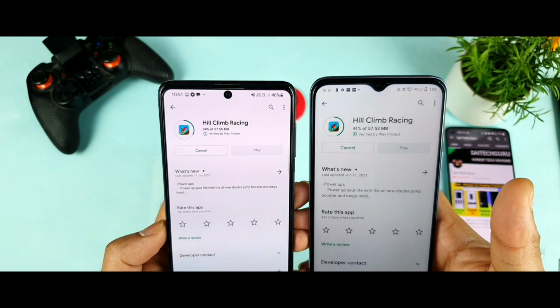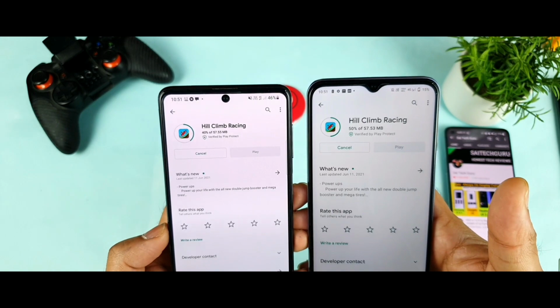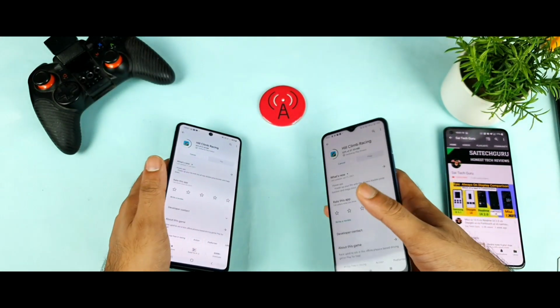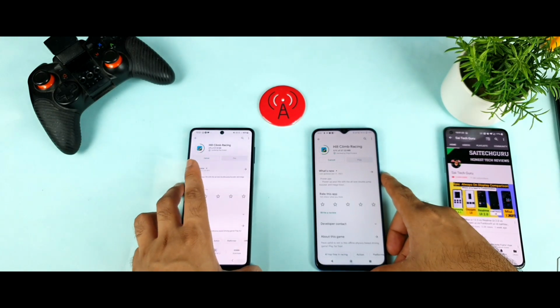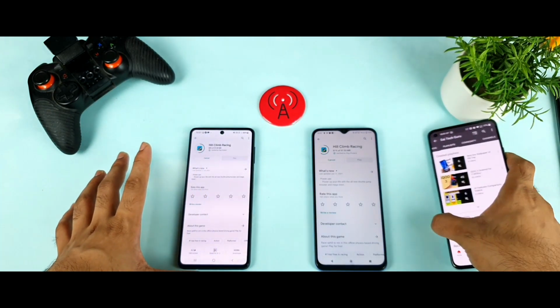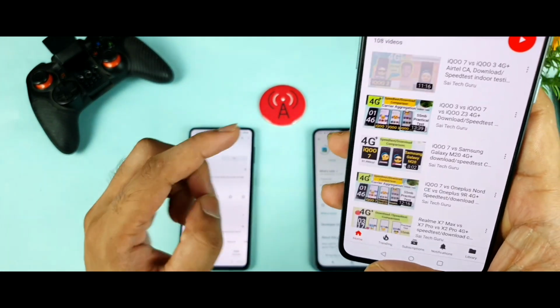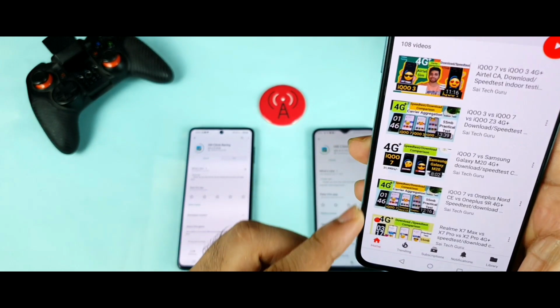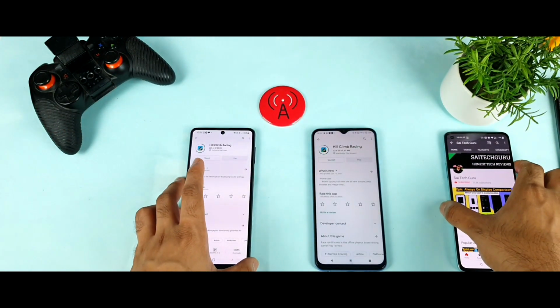This is a really practical way to test which phone has better 4G signals friends. In this way you will get to know which phone has better signals. There is a reason I do this kind of practical test every time, which users should know before actually buying the devices. So make sure to check the playlist for the 4G plus speed test results. This playlist will give you a clear idea which phone has what type of speeds. Follow the playlist and that will give you the complete idea about the smartphones.